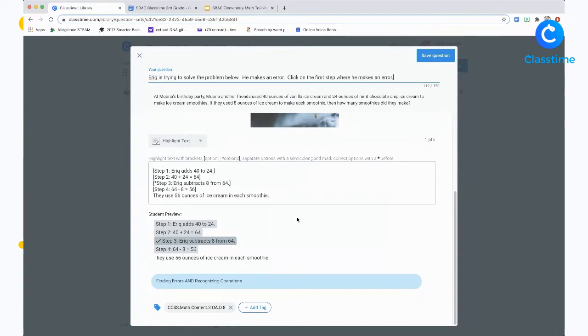Exactly. And so students would then have to read through every step and then know to click on step 3 as the correct answer, where the error was made. Is that correct, right? That is exactly right, yes. Got it. And the way I like to design it